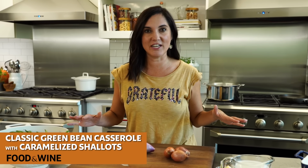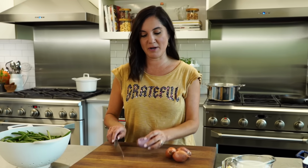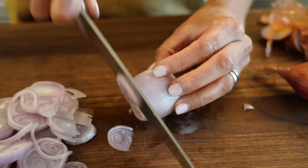This classic recipe from Food & Wine has less than 10 ingredients. It only requires 15 minutes in the oven. You're not gonna get any mushy green beans here or cream of anything in a can. It starts by slicing some shallots. Shallots are very easy to find in the grocery store, and they offer a lot more complexity to a dish